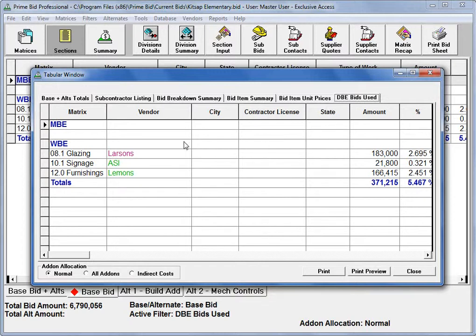These different elements can then be understood in a rapid fashion in the last 5 minutes of the bid process. We can also allocate the add-ons so that the numbers that display here in the window include all the add-ons, whether they're the direct costs or whether they include the indirect costs and the direct costs only. This window can be printed out and it can be reviewed quickly and efficiently